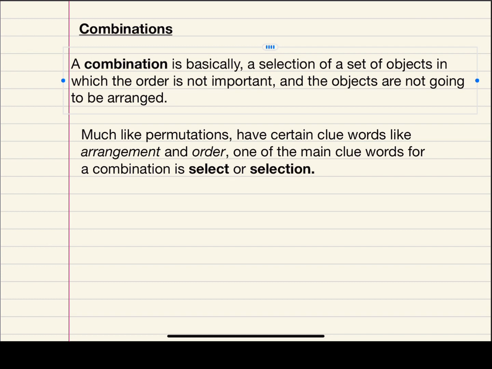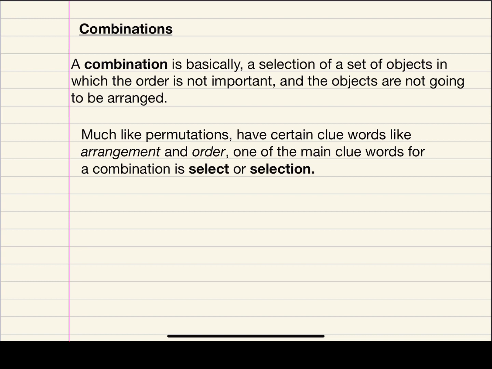So now with the other side of the unit here, a combination is often simpler than a permutation. A combination is basically a selection of a set of objects in which the order is not important and the objects are not going to be arranged. So you have a set of objects and you just want to see how many ways you can select from them. But the order in which you select is not important. Much like permutations,